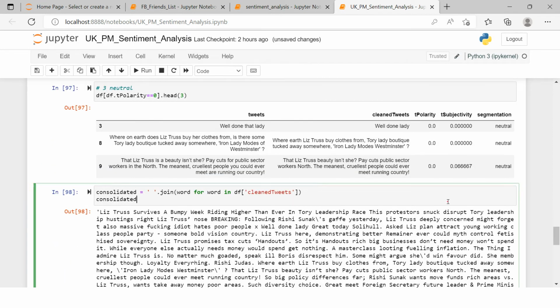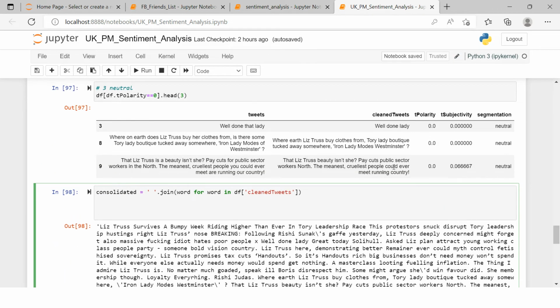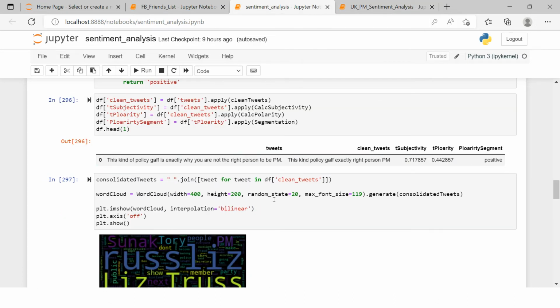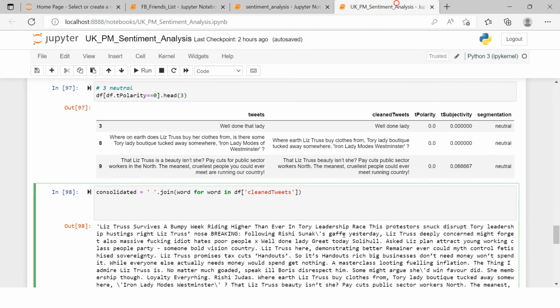Now we need to just create the WordCloud, right? Like you can see over here, I have already created this. So I'll just copy paste it from here, or maybe let me just create it over here. WordCloud equals WordCloud.